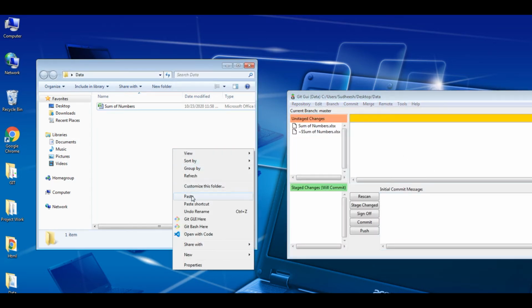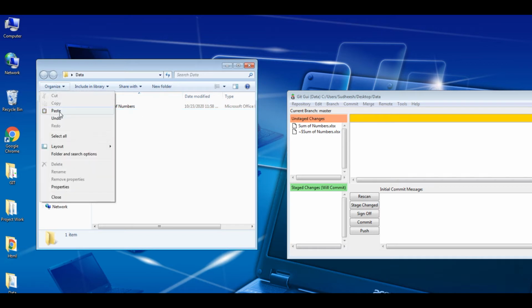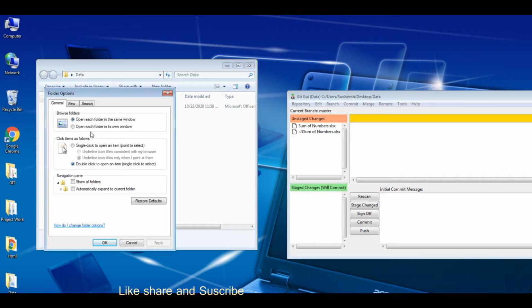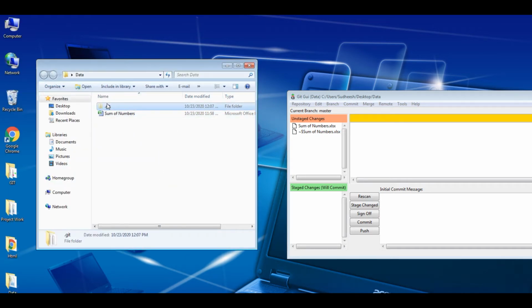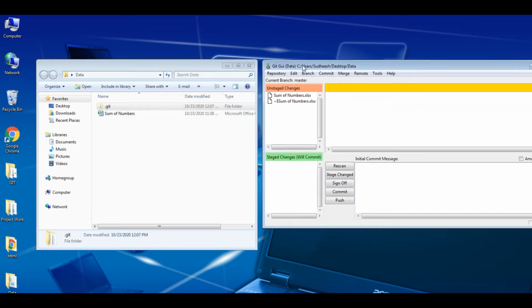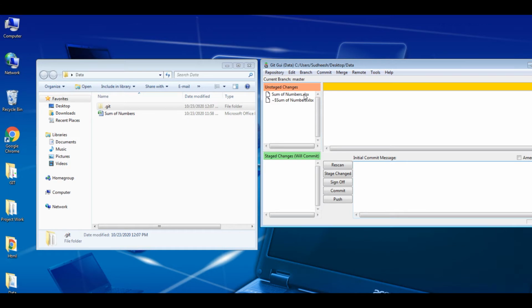While creating this, when we try to refresh, the file is hidden here. If you show hidden files, we can see one hidden file here. It is showing .git. When we look at that, we see the unstaged changes, staged changes, and the initial commit. We are seeing three sections here. Our application is not in a versioned state now, because we have only just started this.